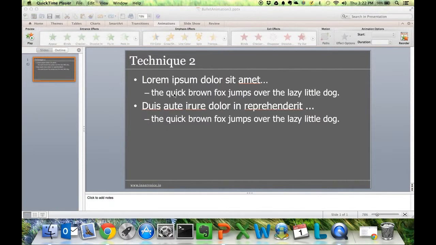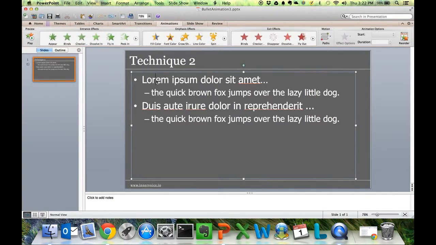Once again, I have a slide deck with a bunch of bullet text, and I will show you how the second technique works. In this technique, I will not choose the whole text box, but I will choose the entire text. And it is interesting to see that there is an option here, start, which is currently disabled.